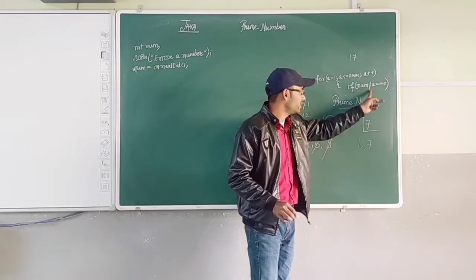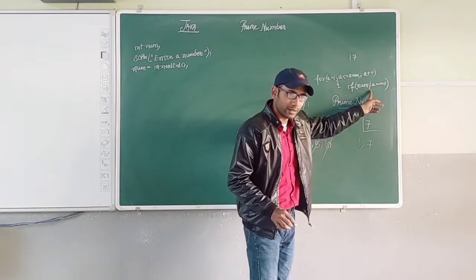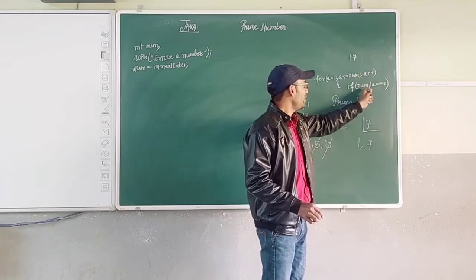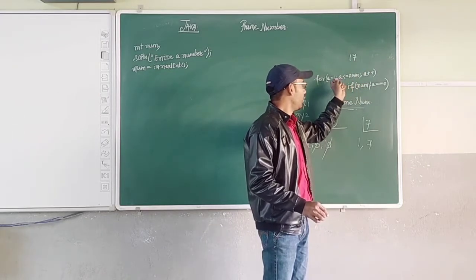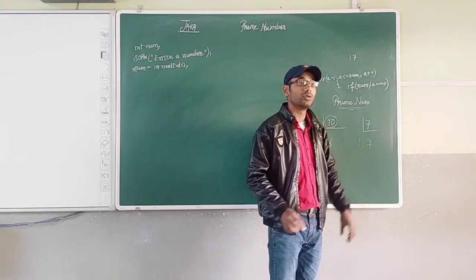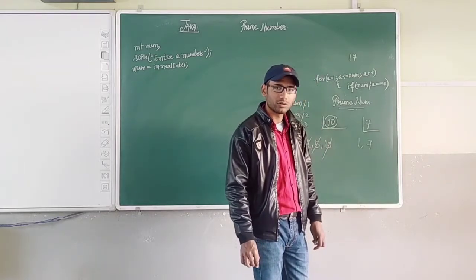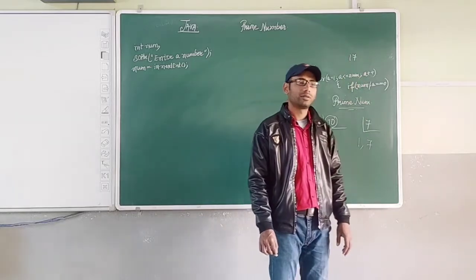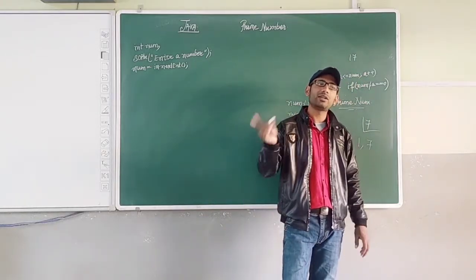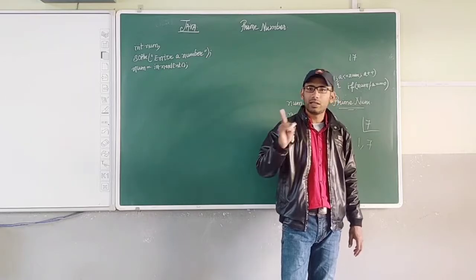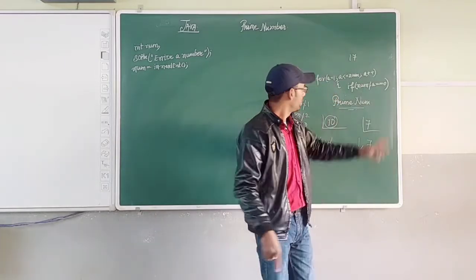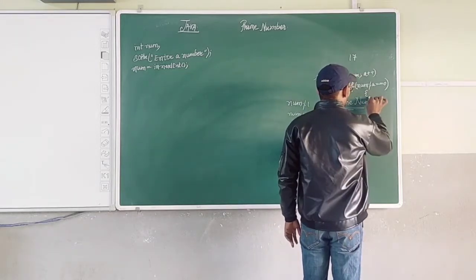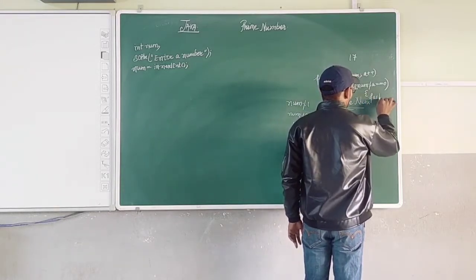Remainder. Modulus is used to find out the remainder, right? So num, that means 17, on dividing by a, that means 1, will the remainder come as 0? True or false? True. Correct. 17 on dividing by 1, quotient will be 17, remainder will be 0. Condition satisfied? Over here, we will do what? fact++.